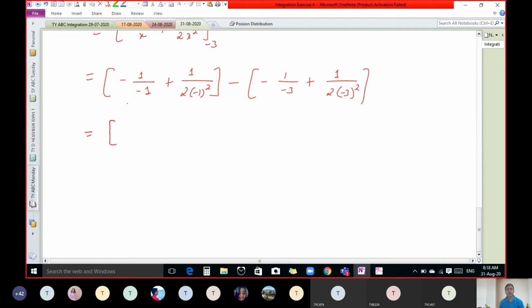Okay, let us continue. So now what do we get? This minus plus, and 1 upon 1, what do we get? 1 plus 1 upon, see, minus 1 square is 1, 1 into 2, we get 2. Minus this minus sign, minus minus plus, so we get 1 by 3. Plus minus 3 square, minus 3 square is 9, 9 2s are 18, so we get 1 upon 18. Any problem to anybody?